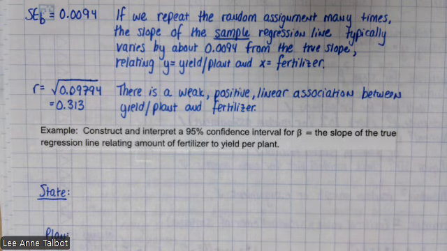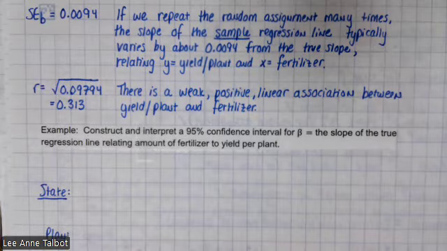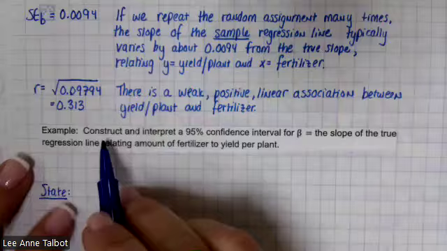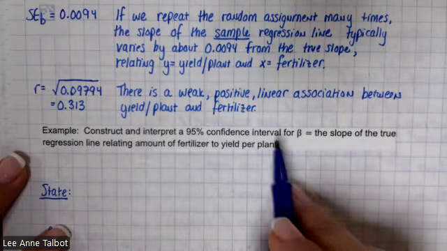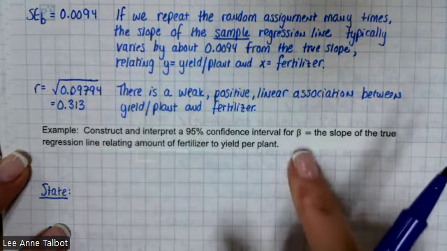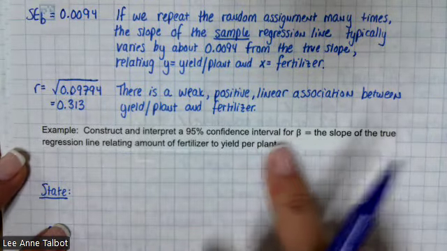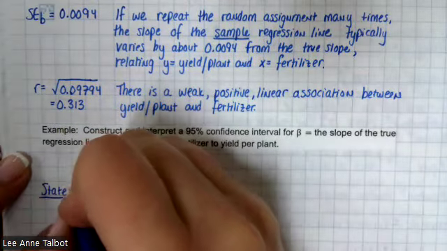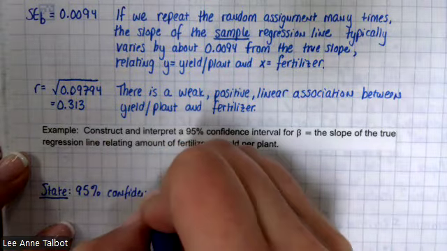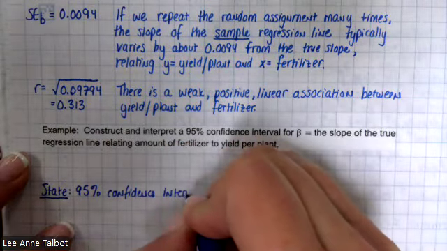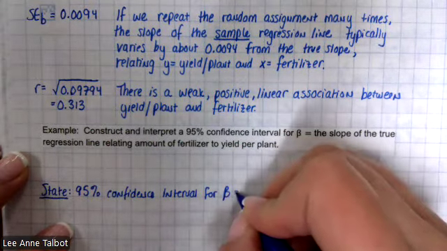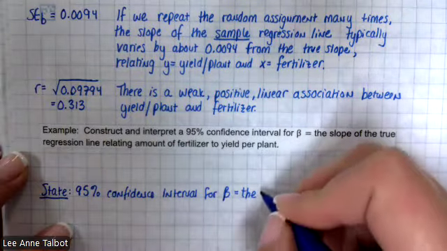Okay, here we go. Chapter 3 review, check, done. Construct and interpret a 95% confidence interval for beta equals the slope of the true regression line relating amount of fertilizer to yield per plant. I'm probably just going to copy off of this bit here. 95% confidence interval for beta equals the